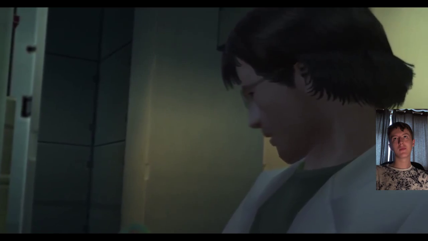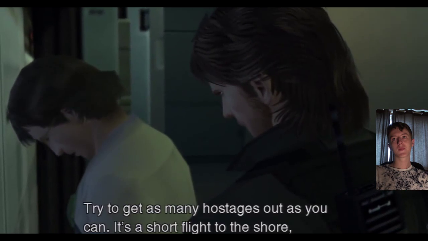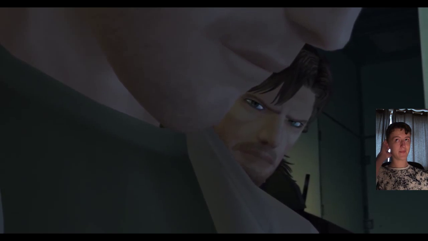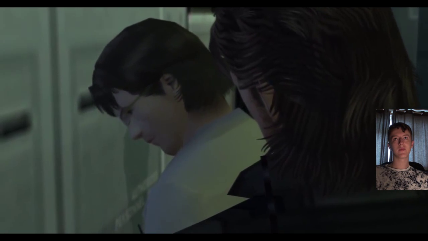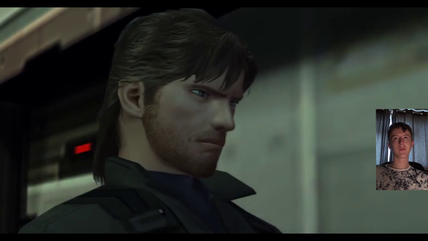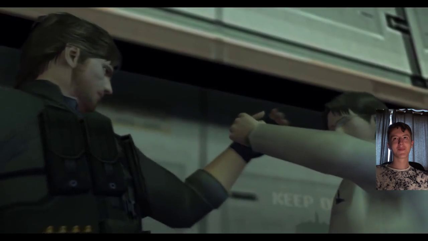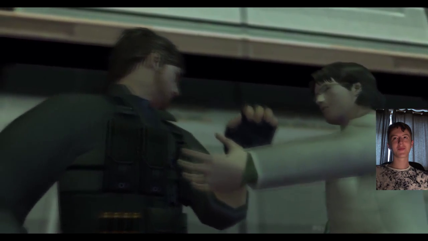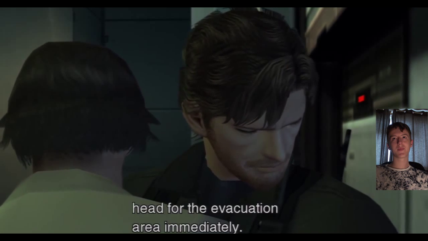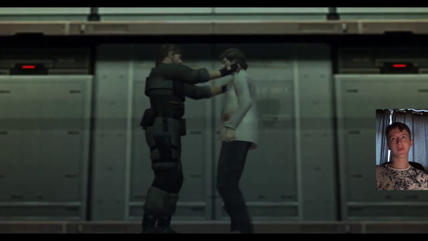E.E.? Damn! Otacon, try to get as many hostages out as you can. It's a short flight to the shore, so don't worry about overloading the Kamov. Leave it to me. I repeat, personnel in the upper levels, head for the evacuation area immediately. I'm counting on you,